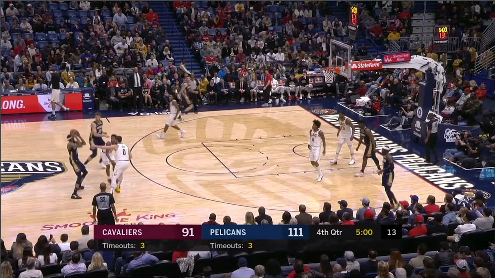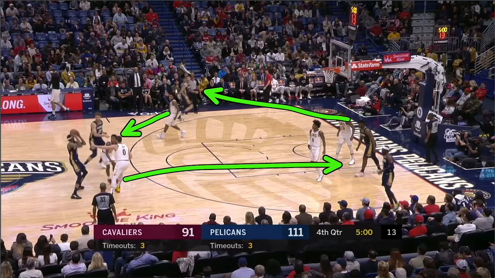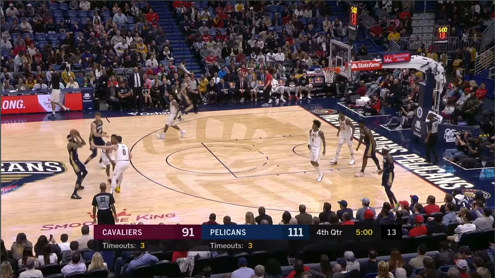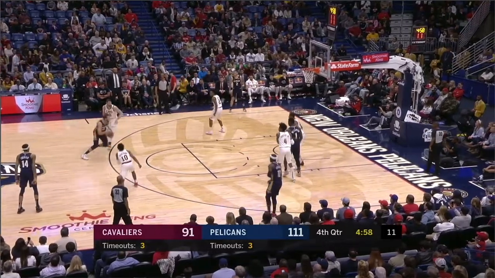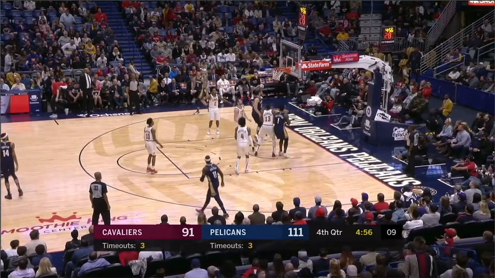This backside defender, okay, this player has to step up. You can't stunt and recover. There's too much space between the two Pelicans players. He has to rotate up, okay? And then you have this player for Cleveland rotates here, and then Kevin Love's just going to rotate down here and take one of these two Pelicans players, okay, right here. But when you hedge a ball screen on a pick and pop and you have no backside help and there's too much space to stunt and recover, Kevin Love's never going to have time to recover and back out, so he's going to get killed with a pump fake, and it's going to be a layup.